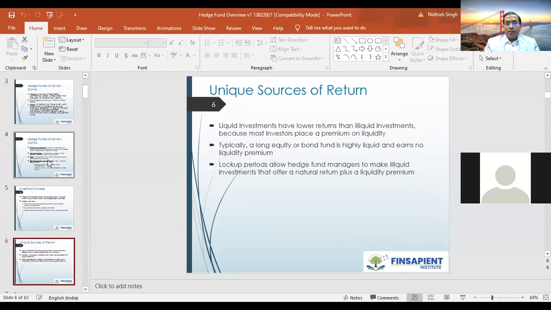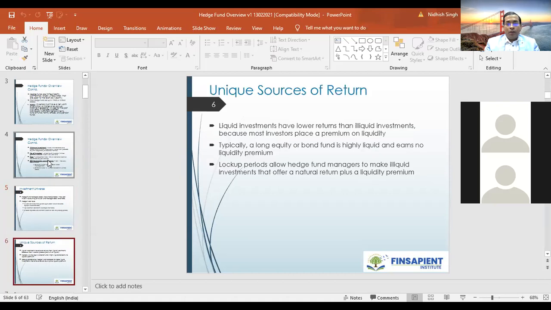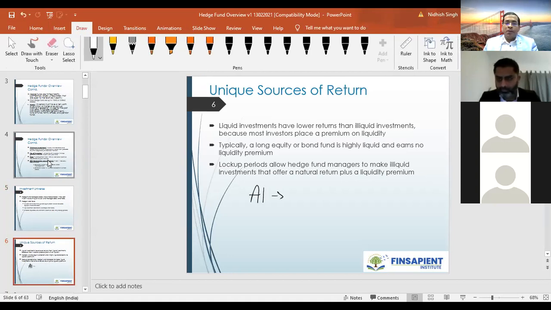Perfect. So there are some of the aspects we had covered earlier, and now we will make the progress on additional items. So unique source of return, the hedge fund as the alternative investment is unique source of return, because traditionally the finance market and the investment market was getting the fund from the banks or directly the individual investor. But when AI came, AI means alternative investment,